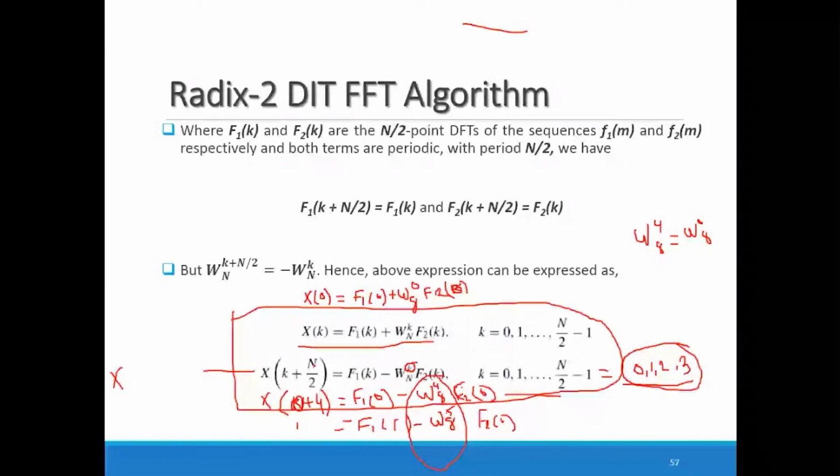So at that time you are taking n is equal to 4. So what happened? You are taking k plus 4 by 2. So k plus 4 by 2 means you are taking k plus 2 over here. Okay, and here f1k minus omega, that is omega n. N is nothing but 4 over here. Now the value of k is nothing but this entire value. That value will now become, as you are taking k is equal to 0, what happened? You are getting omega 8 raised to 2.